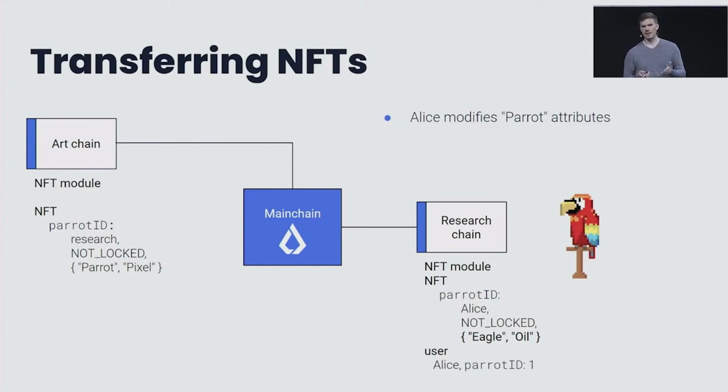And so now the parrot has fake attributes. It says eagle and oil, like an oil painting. And Alice could try and fool people into believing that this is an oil painting. Of course, anybody could check the art chain to see that the attributes have been stored over there, and it's actually not an oil painting. But we also have